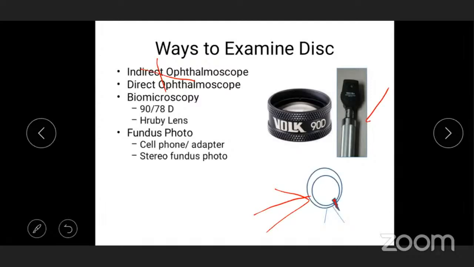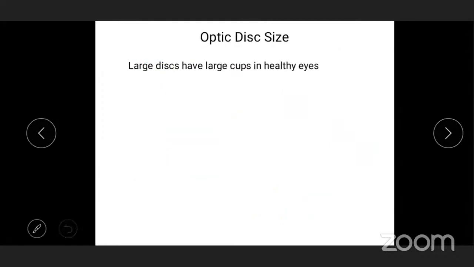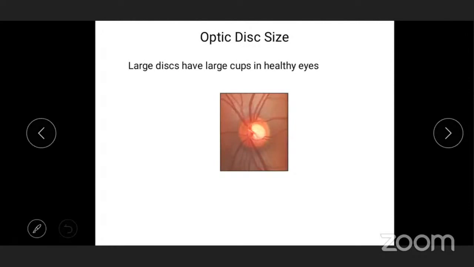This I have tried to do with PowerPoint. You can see the disc margin, the cup, the rim, and we've shown an RNFL defect, and also the hemorrhage here. So this is very important to remember. Yes, this is probably an important tool. You can record it. You can show it to the patient. It's more convincing to the patient at times, and for follow up. But don't miss out on the disc drawing. Most important.